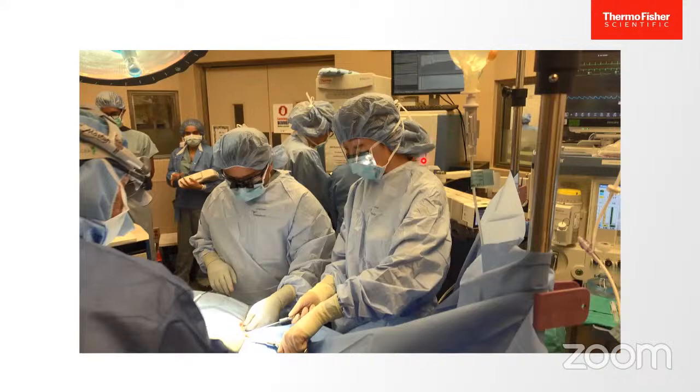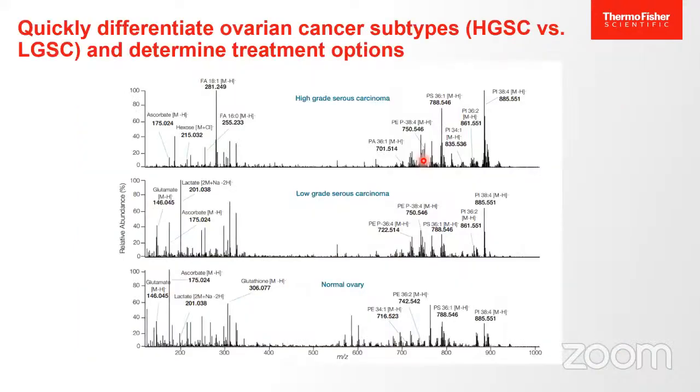When I went a little deeper into that, I realized they have done some good publications, wherein they have been able to differentiate different ovarian cancer subtypes, high grade, low grade, or a normal ovary, where they have used different kinds of metabolites. Here you can see the high grade one shows PS and PI and ascorbate. However, in low grade, they are talking about the AI level as well as the glutamate level. Likewise, they have compared the data.